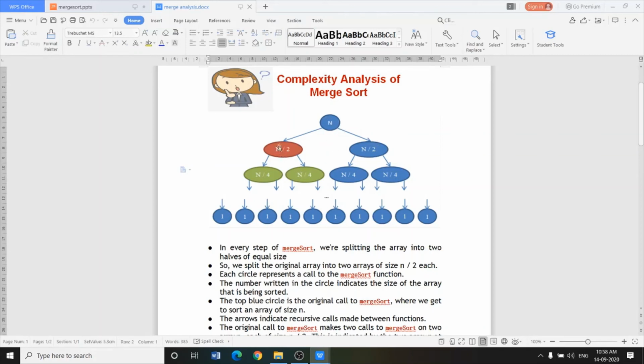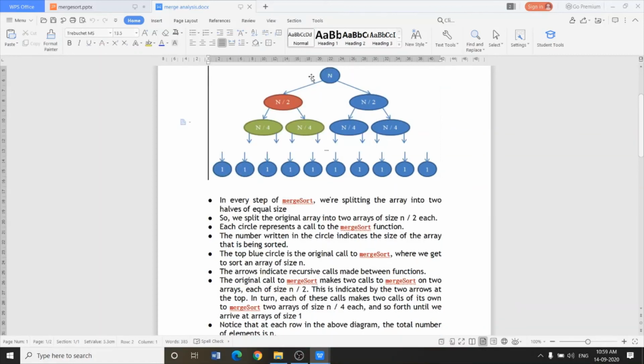This number n by 2, this. The top blue circle is the original call to merge sort, where we get to sort an array of size n. These arrows indicate recursive calls made between functions. The original call to merge sort makes two calls on two arrays, each of size n by 2.